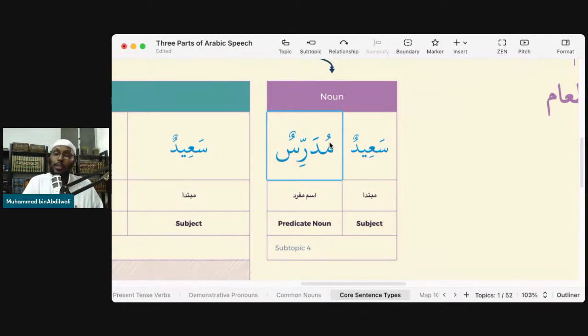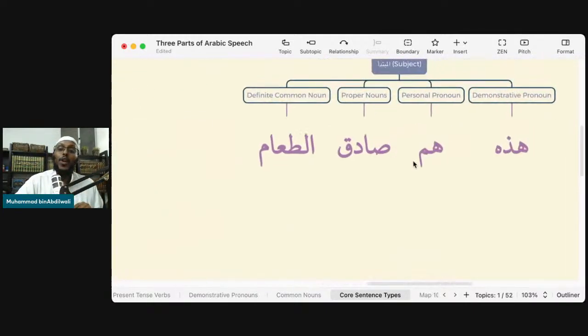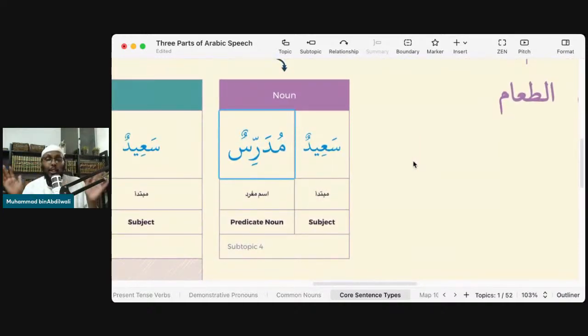So I just want you to remember, when we're talking grammar, it doesn't mean that the actual sentence needs to make sense in terms of how we use the words. That's a completely different science called semantics. Like, which words can be combined with which words? A dog is an animal. Can a dog be attributed with the act of teaching? No, it doesn't make sense. Dogs can't teach. That's got a bit more to do with logic and thinking and common sense. Unless you're watching a cartoon, of course, like I said. But we need to differentiate between those two things. Okay, so that's why those four words that you had, if you put after it mudarris, it's grammatically correct.